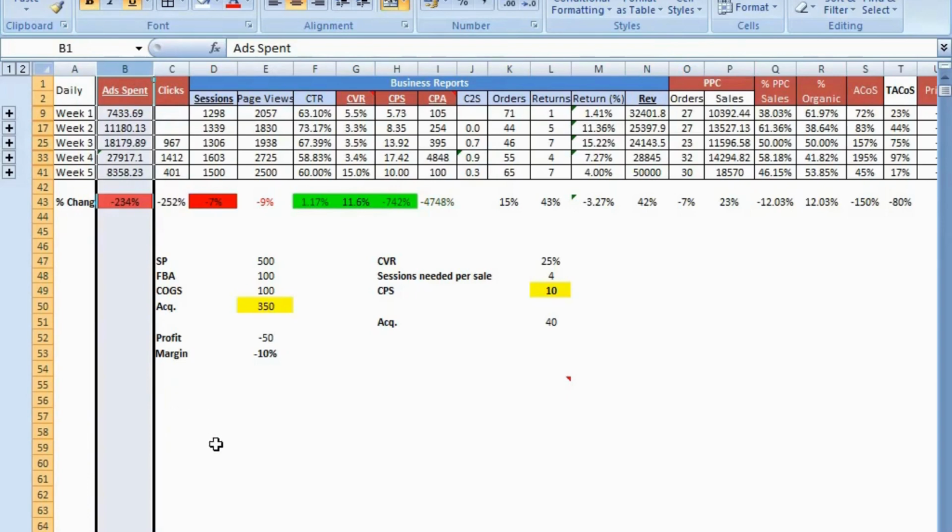Now, of course, we really want to see how this is trending. Are we increasing our spend or are we reducing our spend? It completely depends upon the performance of our previous week's campaign. Let's say this week we have done well in terms of PPC, and in that case, we could be increasing our budgets in order to drive more sales, right? So this is one key metric. I want to know how our ad spend is trending. Are we increasing our spend or are we reducing our spend?